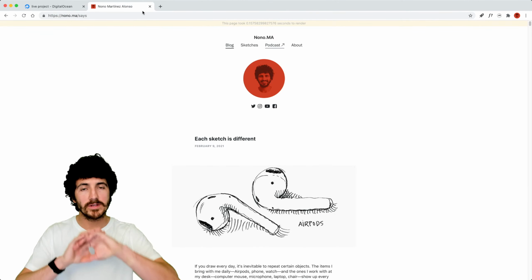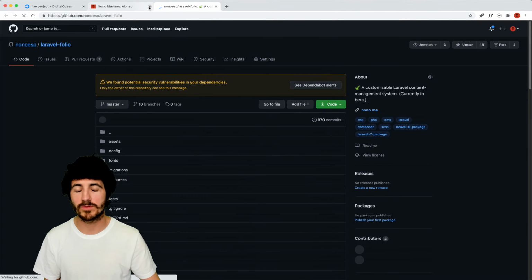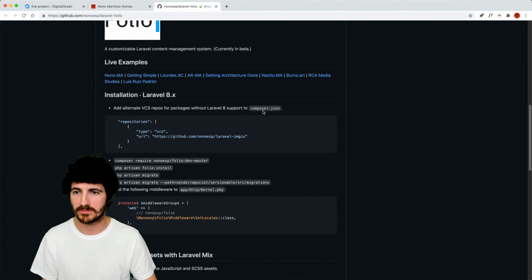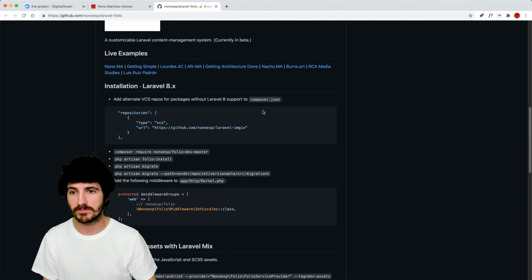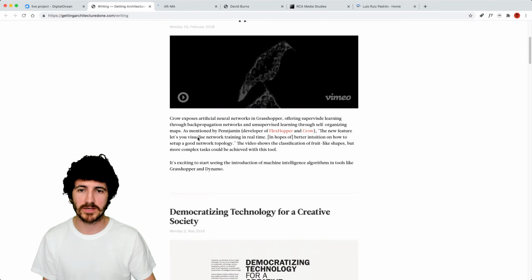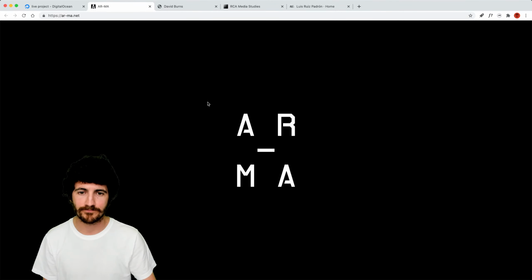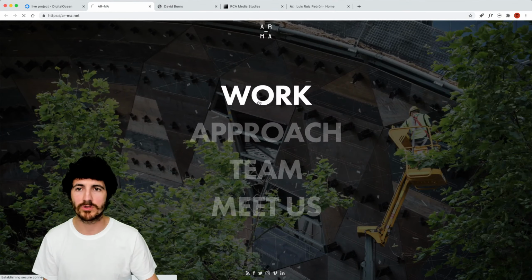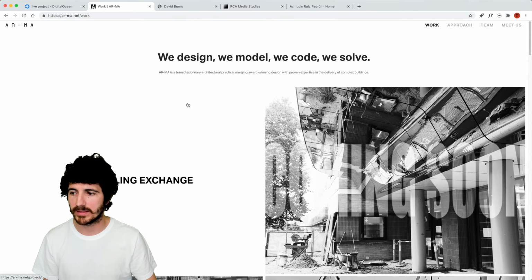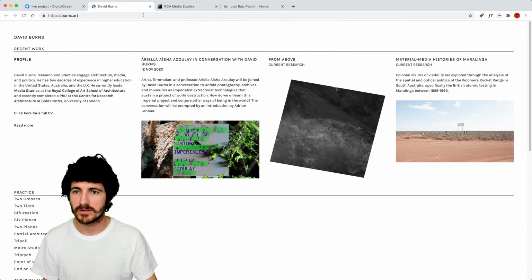Right, so these are all hosted on the same place, and then there are others. If you go to Folio's repo, this is the backend service or system that runs behind those websites. You can see all their client websites or personal websites that are also running in there, and this is all the same system. So it's PHP and Laravel and the same content management system. But you can see all of these pages work really fast and well. So this is what it is.